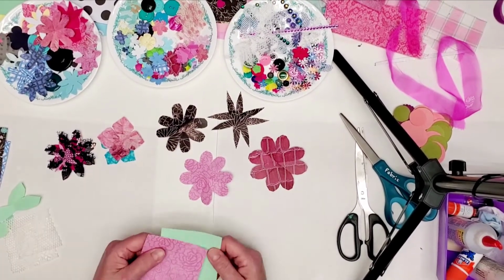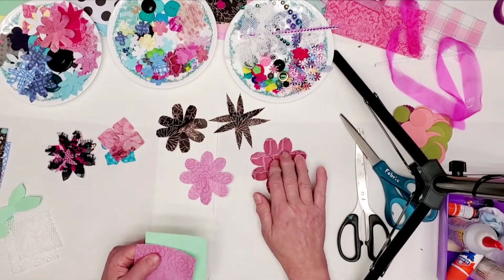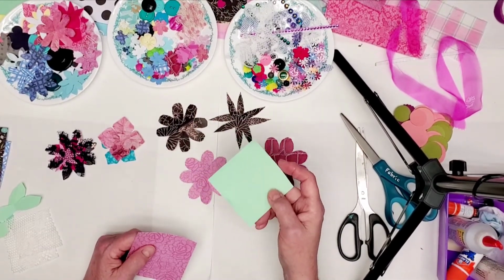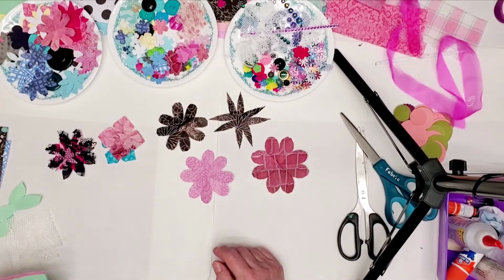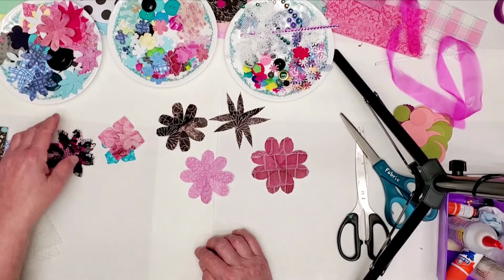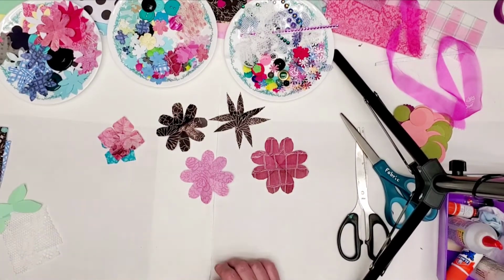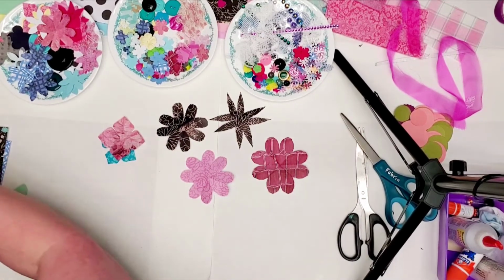I spent all day yesterday making these flower shapes. So this is how you make your flower shapes. The size of your square determines the size that you're going to get. Now the other shape that I make is with